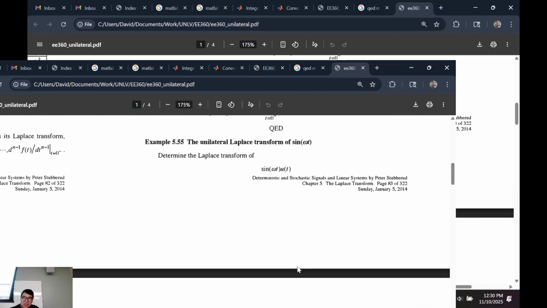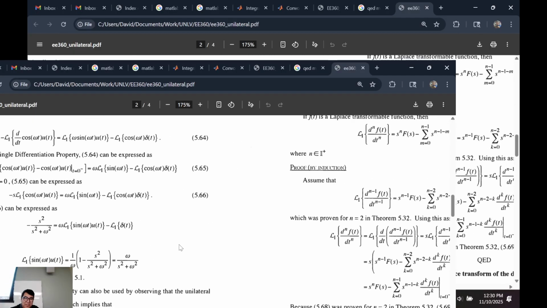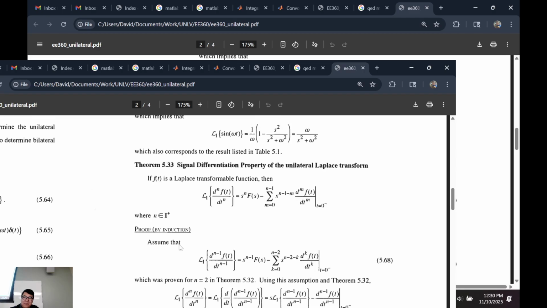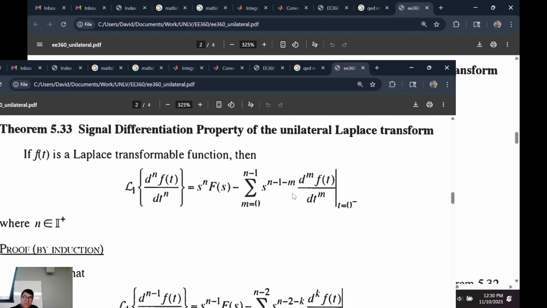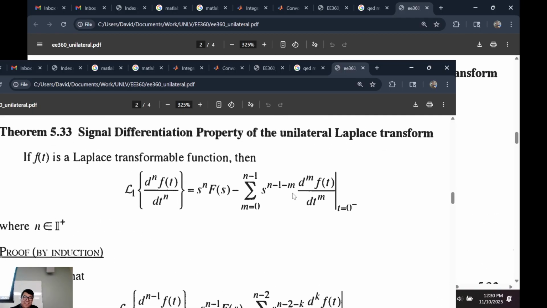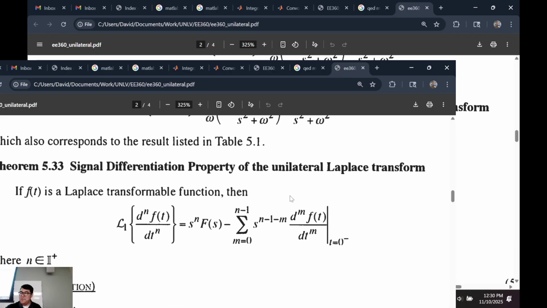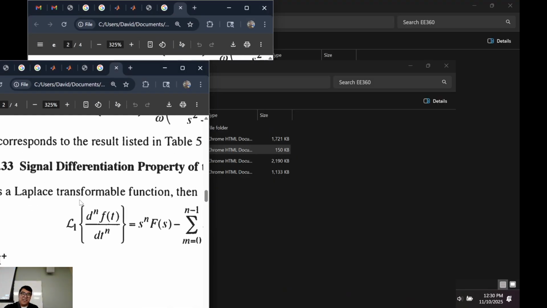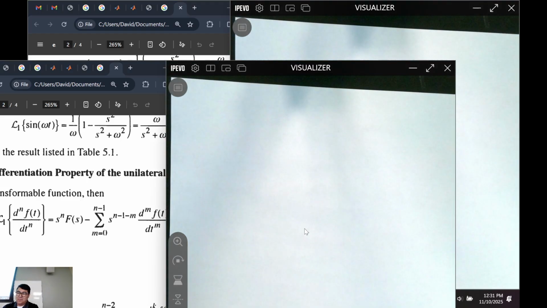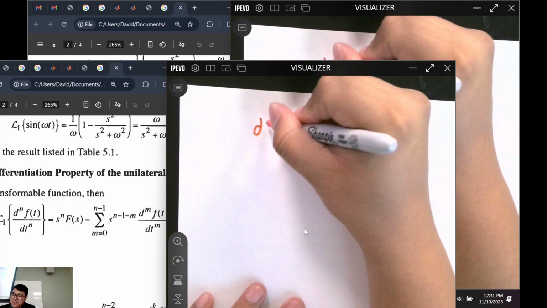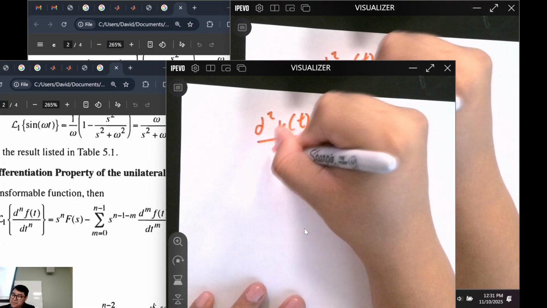I want to go over a problem. Let's see, what else do I have here? Unilateral Laplace transform? No. Oh, okay. I think I want to go over this one right here because this one threw me off when I was an undergrad. So let's say you do have a second order equation. Let me show you this. d squared y of t